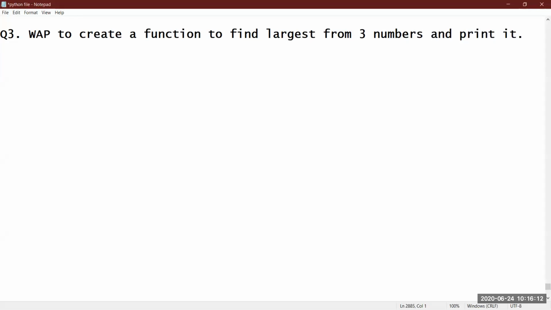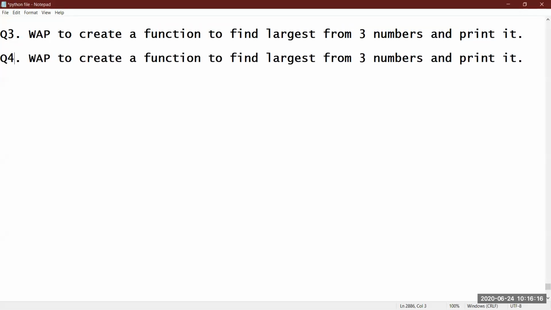Right now I'm mentioning that print it. And question 4: write a program to create a function to find the largest from 3 numbers and return the largest value. In this question, it is already understood that we will be using a non-argument function, without returning and with returning. Super easy.